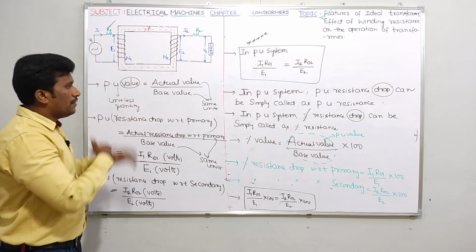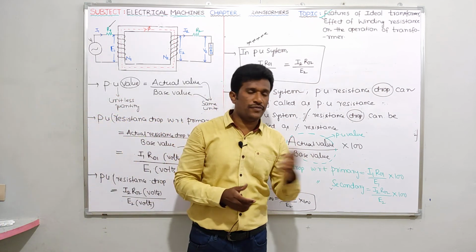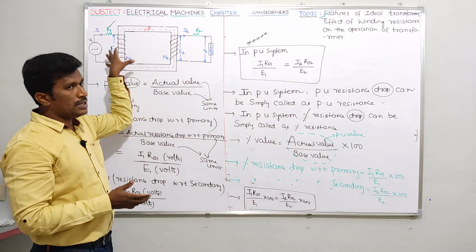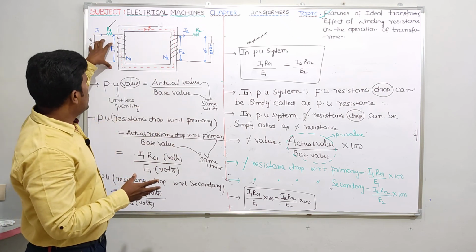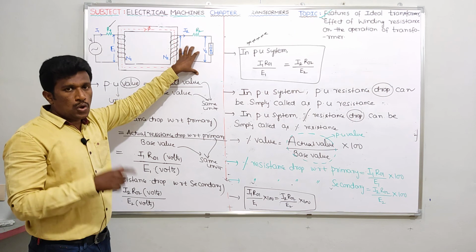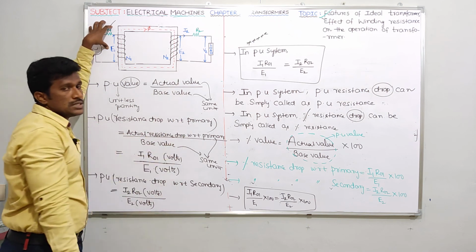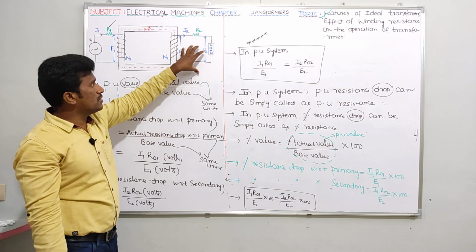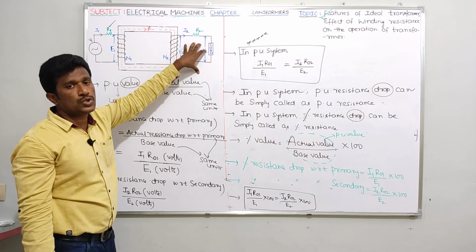Okay. And after referring, what? The process of transferring transformer parameters from one side to another side is called referring. After referring secondary to primary, the secondary resistance R2 becomes R2 dash, with the formula R2 by K square. If I refer the primary side resistance R1 towards secondary, R1 becomes R1 dash, formula R1 into K square. Total resistance of the transformer with respect to primary: R1 is here, from secondary R2 becomes R2 dash, so R1 plus R2 dash is equal to R01. Total resistance with respect to secondary: in the secondary side R2 is there, from primary R1 becomes R1 dash, so R2 plus R1 dash equals